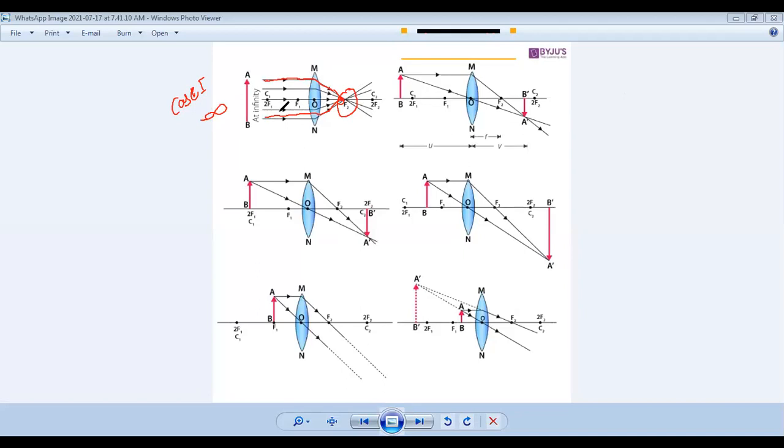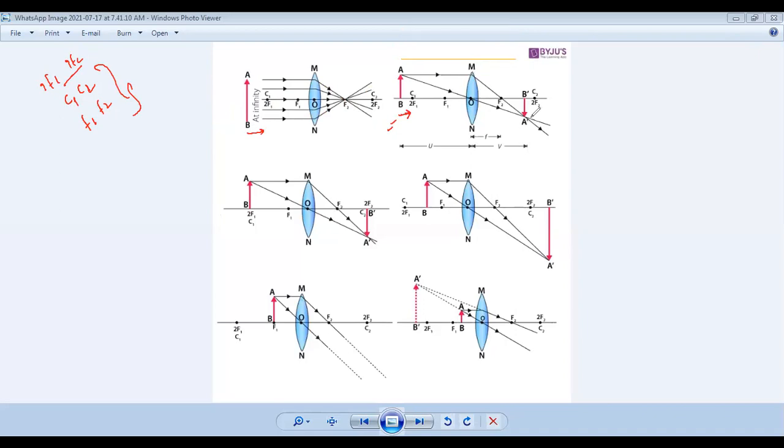You can see this 2f1 is also called C1, as I said, and 2f2 is also called C2. As we discussed, this is the lens. You have the two centers of curvature, C1 and C2, and two focal points, f1 and f2. We are taking C1 and C2 as 2f1 and 2f2 because it is double the focal length. In case 2, my object moved from infinity to beyond 2f1, that is beyond C in the case of mirrors.